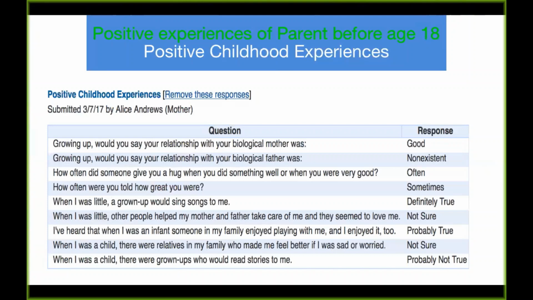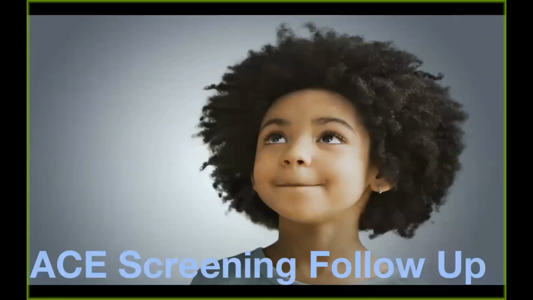But the other thing is that in designing this tool, we included not just standard resilience questionnaire items and some from other studies that predict outcomes through parenting, in affecting parenting, but the other thing we added was things like, was there a grown-up who would sing songs to you when you were growing up? Were there grown-ups who would read stories to you? Because these are actionable items that the parent may choose to do with their child. And that's part of the encouragement of buffering parenting that we're doing, not just through the CHADIS system, but in the family stress study that I'm going to tell you about before I'm finished here.